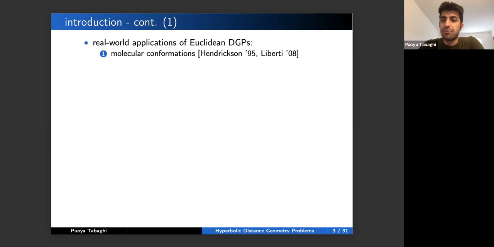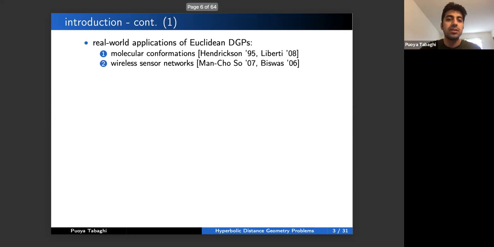So we've already covered many applications of Euclidean DGP, so I will just rehash them again. One application could be molecular conformation, where we have nuclear magnetic resonance data, and we transform them into distances between atoms, and we try to solve DGP. We try to find the molecular structure that realizes this data. This is an instance of unassigned distance geometry problems, where we don't know which pairs of points these distances are related to. Another application would be sensor network